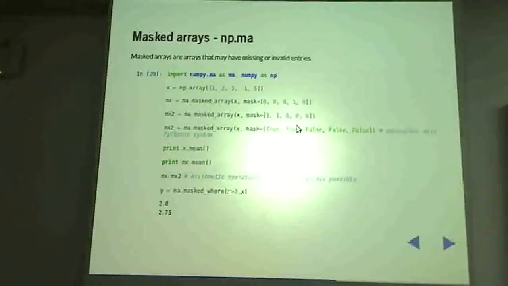y is equal to ma.masked_where(x > 3, x), that is the condition, and the array you want to mask. So in this case, what will be the value of the mask for y? x greater than 3 comma x. You just tell me in terms of true and false. x is your array here. Last value will be true. All other values will be false. So it will be false, false, false, false, true. Okay, because x equal to 3 does not satisfy x greater than 3.